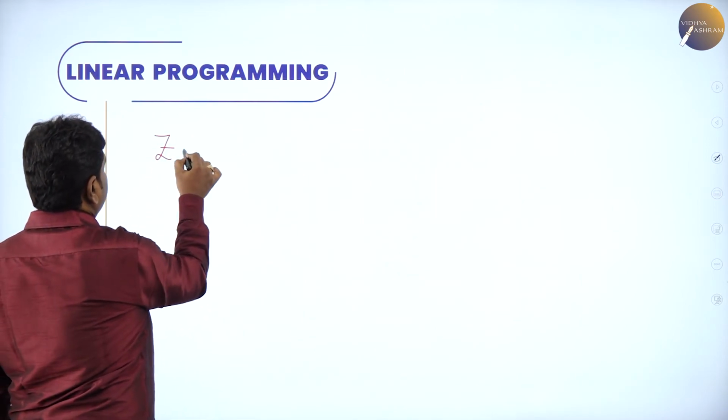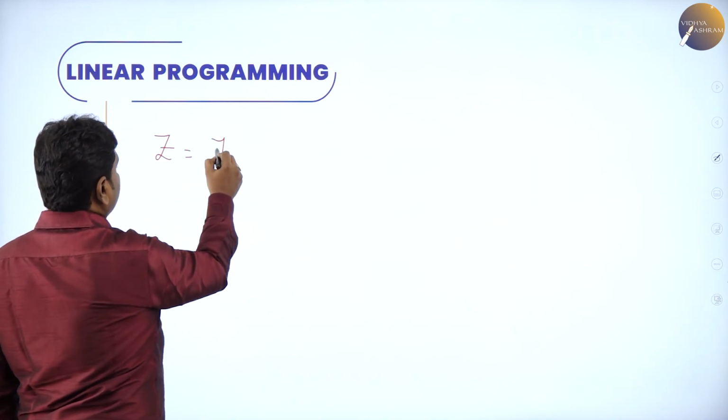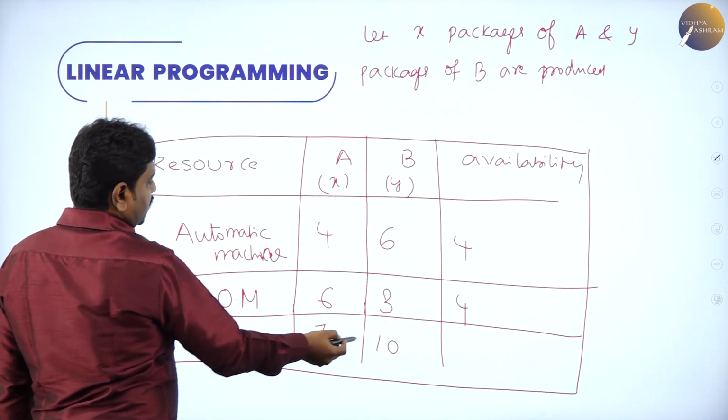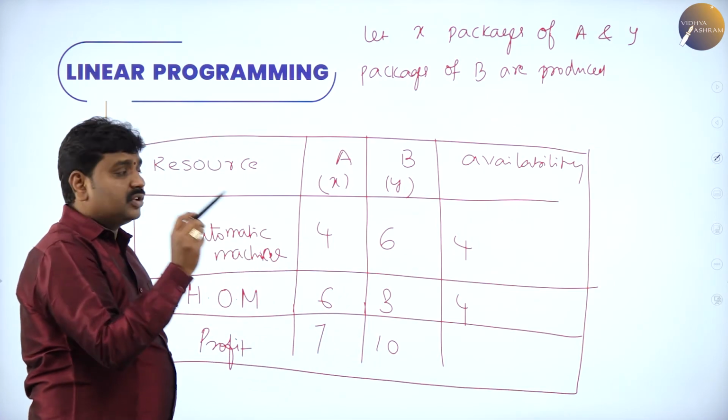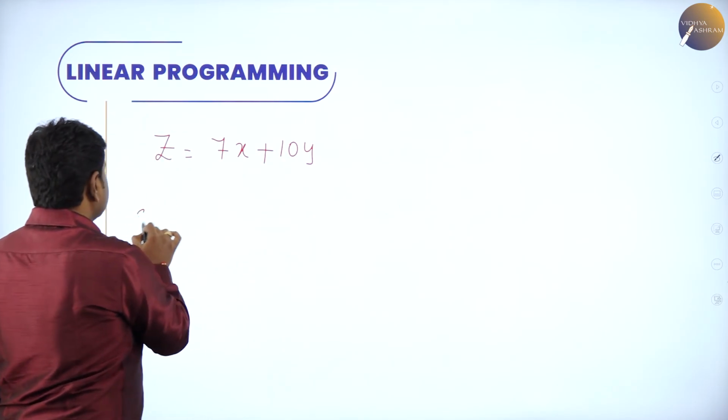Z is the profit now. So for one package of A, you are getting 7 rupees. You are producing X, so 7X is the profit on A, and 10 rupees you will get for a package of B. You are producing Y, so 10Y is the profit on B. This is the total profit Z = 7X + 10Y, subject to